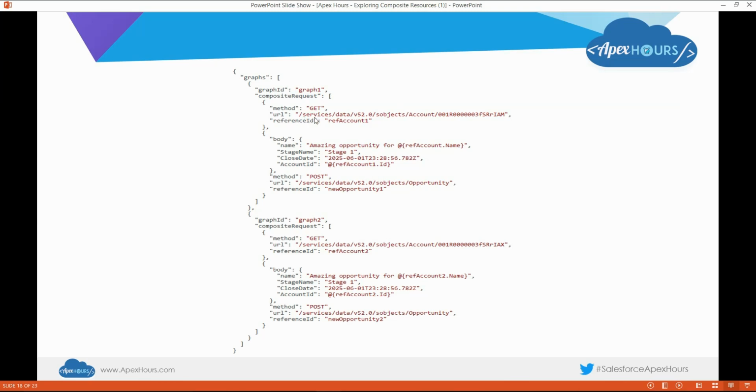You can see that the method is get and the URL given is account followed by the account ID, and the reference ID here for the first one is ref account 1, then followed by the body of the opportunity. Here you can see that the account ID is given as the first get method's reference ID, ref account 1.id. The first opportunity's reference ID is new opportunity 1, and the second graph also does a similar request, which is